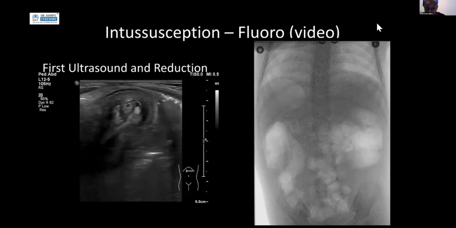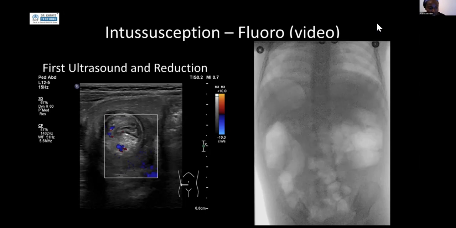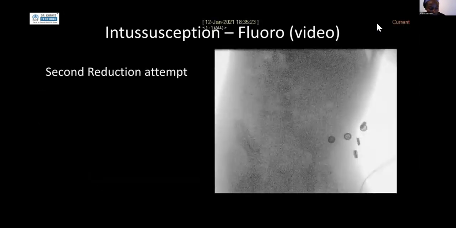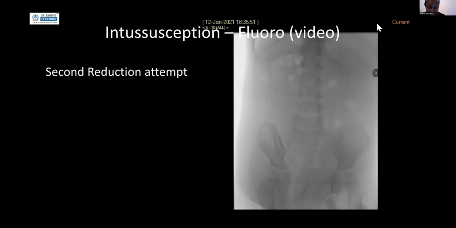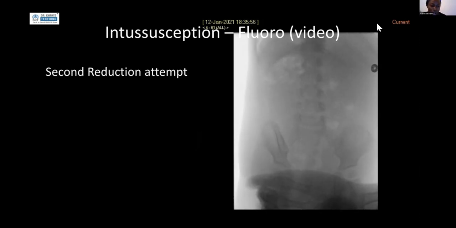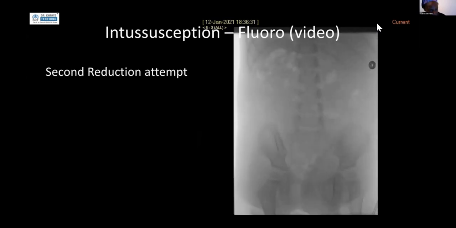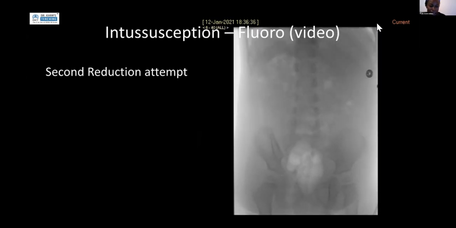So we did the reduction, and it was reduced really nicely, and the child went home. They represented, I think, a week later with another intussusception, and we know 10% of them can recur. So we did the ultrasound, saw another intussusception, redid the reduction, but on the second reduction, as you follow it through,